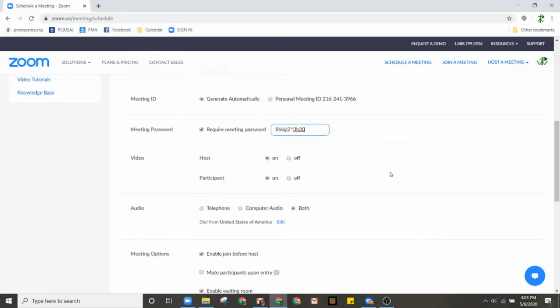All right. So moving down to the video, host and participant on and off, this is how things will begin. This is the default setting in the video. We typically do not have extremely large gatherings. For the vast majority of the meetings that we have, we're talking about 15, maybe 20 participants. And so leaving the participants video on by default is fine. Most of the time, I'm usually able to keep track of who's on screen. But you can set those as you